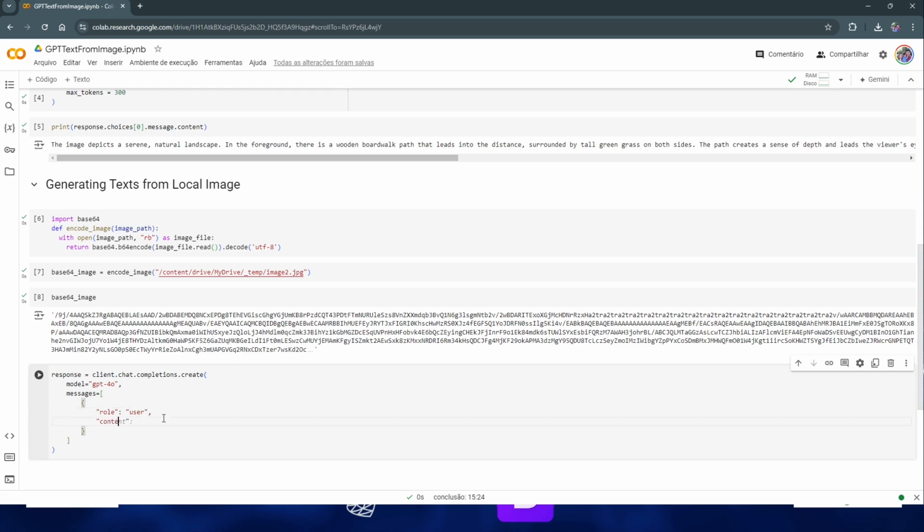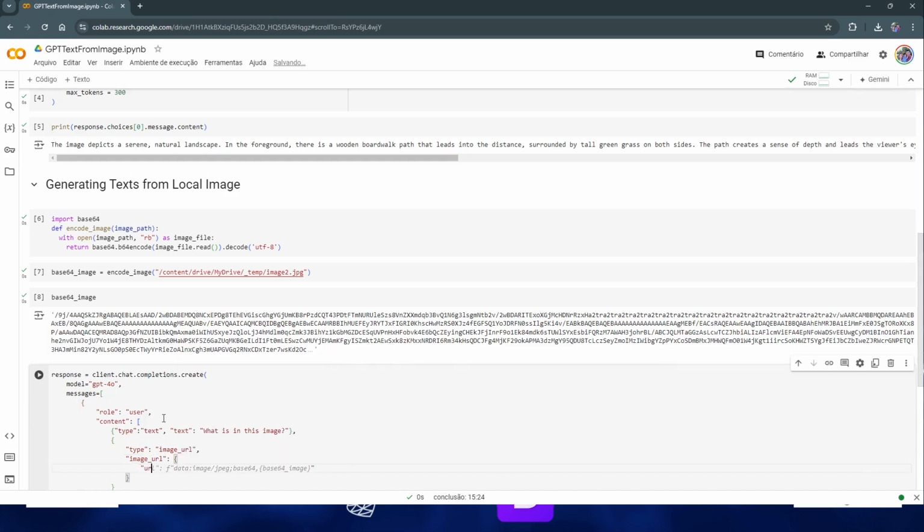For content, send the type text with text what is in this image. Then send the type image_url with the image URL.